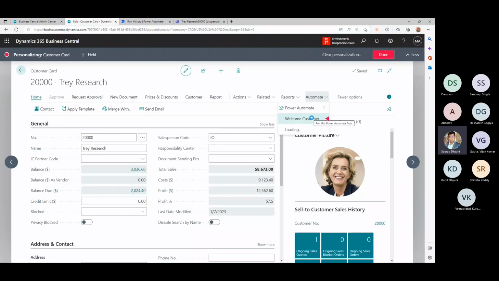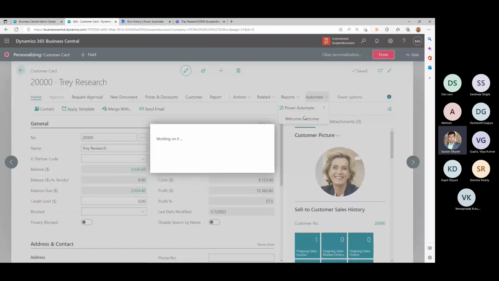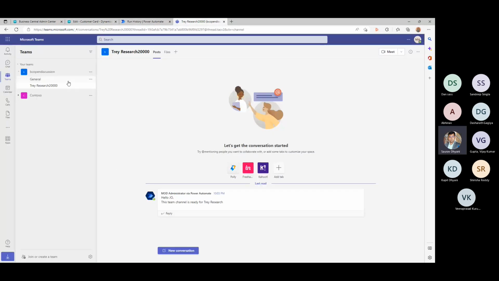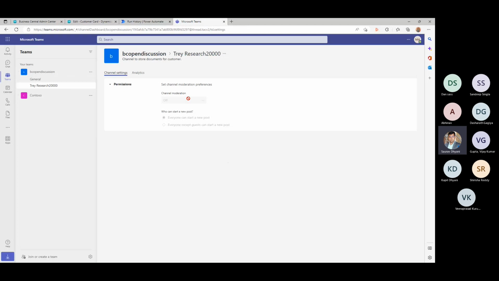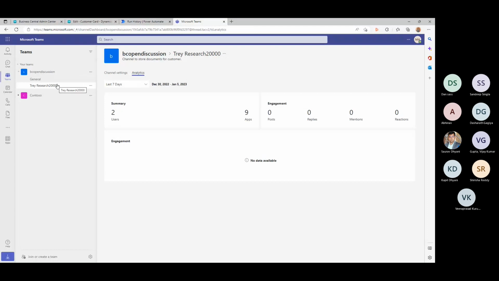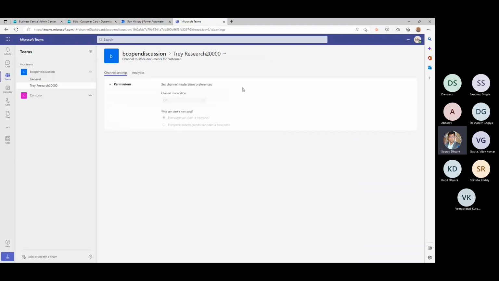Maybe I'm not doing it correctly. Let me drag. I was working on it. Sorry. So what the unique ID of this is will be important to know, because that is something based on which it gets created, right? No, I'm not a Teams expert. I'm pretty much sure that you can see that ID somewhere.